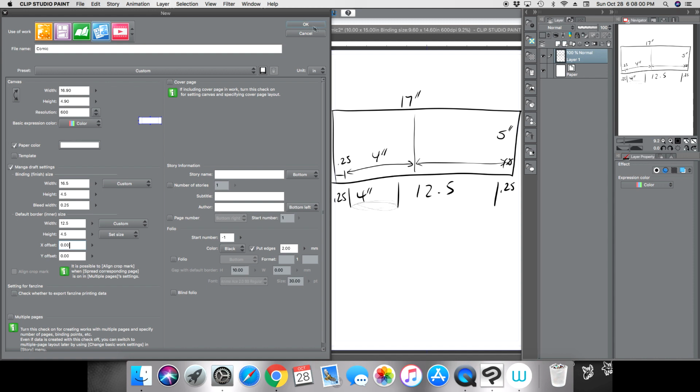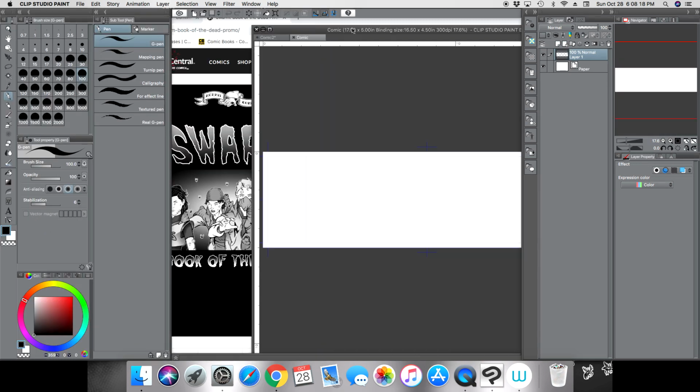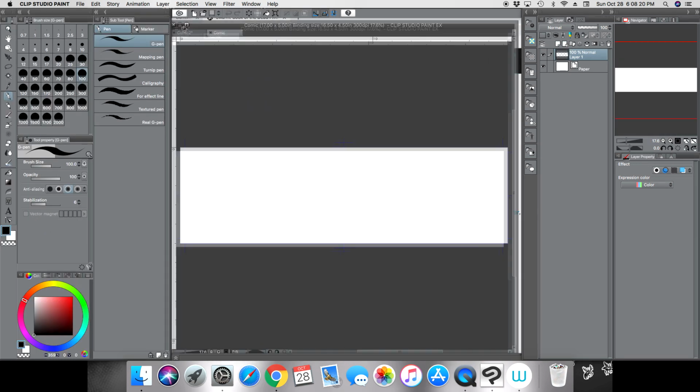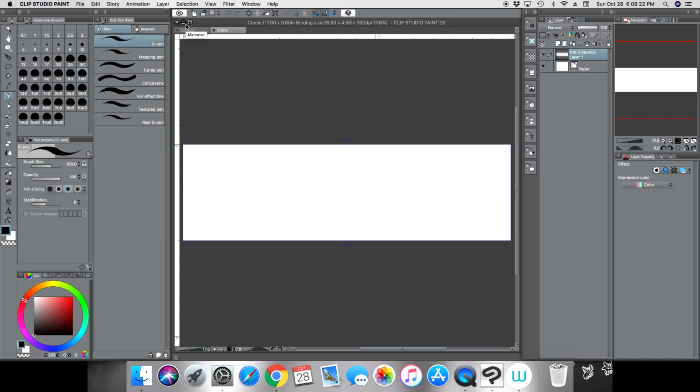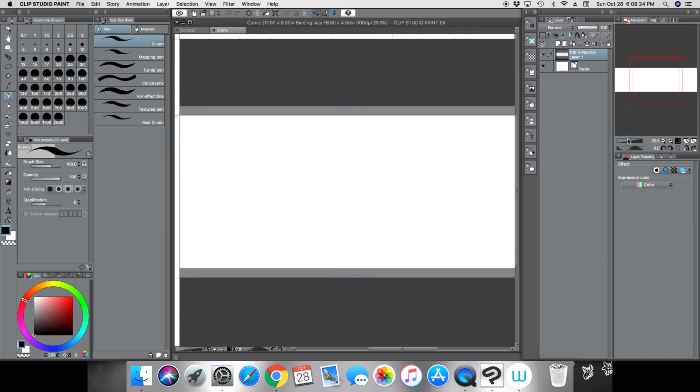Now let's see what that looks like. Oh, and so let's make the canvas the way it's supposed to be, 17 by 5. I'm gonna change this resolution to 300. We don't need 600 for a comic strip. So I'm gonna hit OK, and you're gonna see that. I don't know if you guys can see the blue lines in the video, but